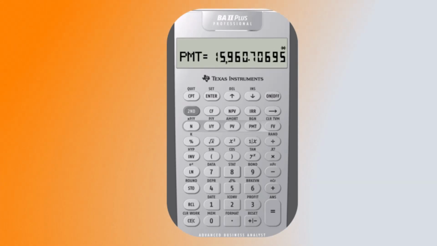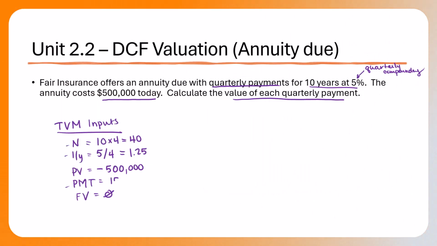Now, keep this in mind: the way that I've set this calculation up, I've assumed that the payments are being made at the end of every period for the next 10 years, or 40 quarters for that matter. We'll go ahead and write that number down. It's $15,960.71. We cannot use this answer because this is an annuity due and the first payment is actually going to